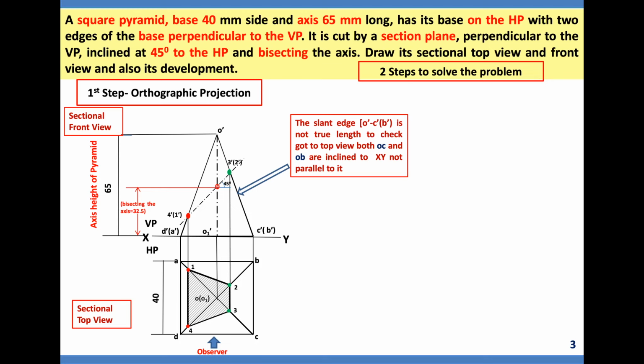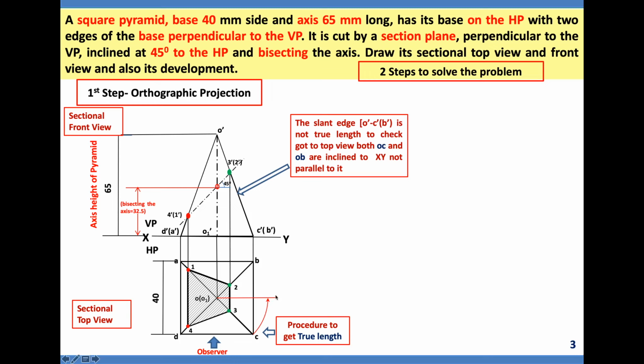We cannot take this length and continue for development. We have to find the true length. How to find the true length? Procedure to get true length. At O, draw a platform line, that means a horizontal line. Take the compass, O as center, OC as radius, where you can see the cursor movement. Draw an arc until it touches the platform or horizontal line.